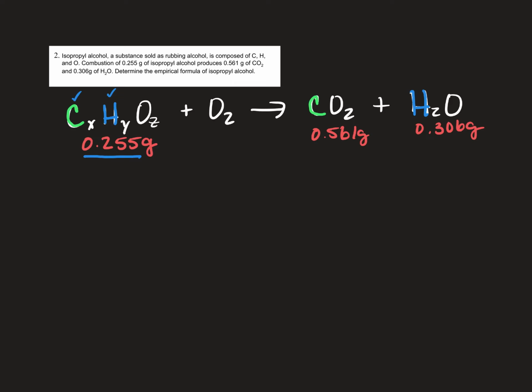And if I know the mass of the oxygen, I can find the moles of the oxygen. So that's the plan that we're going to follow. We're going to start like we did last time, with the CO2. So I have 0.561 grams of CO2. I know in 1 mole of CO2 there's 44.01 grams. So I'm going to take 0.561 divided by 44.01, and I get